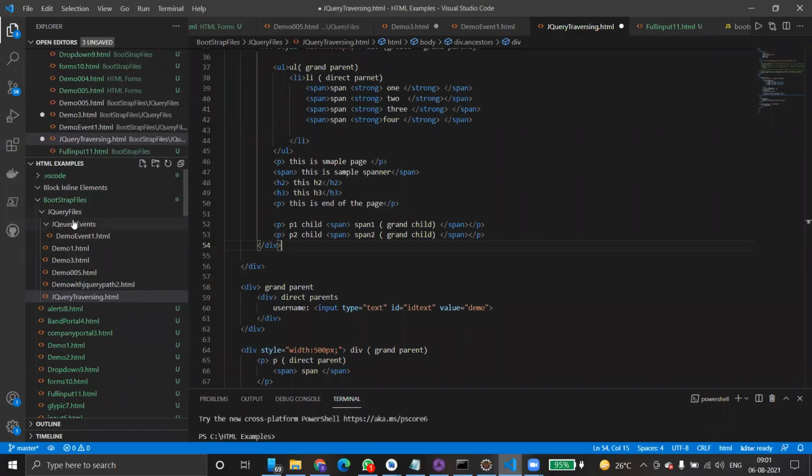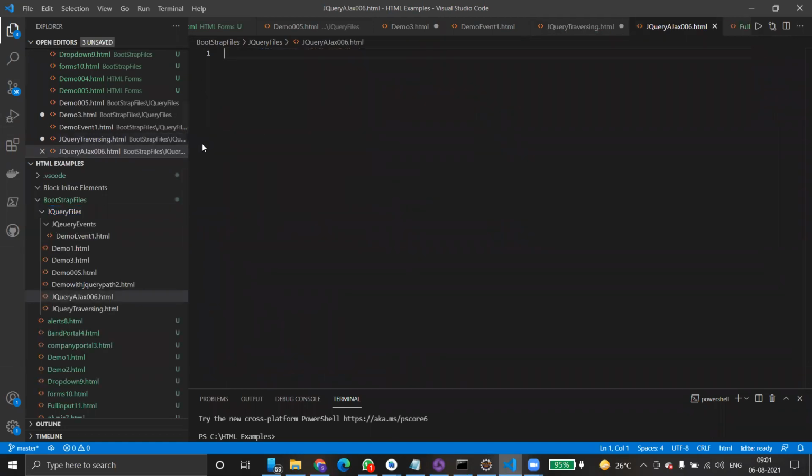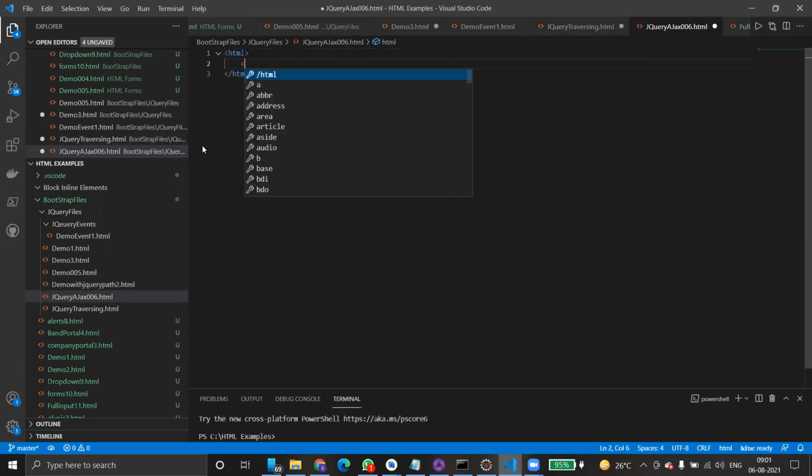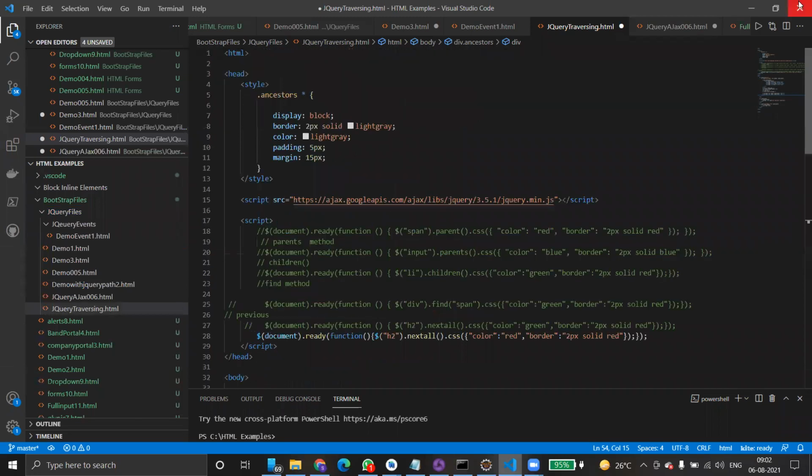Okay, jQuery. Very simple code, I'm just going to write. HTML, inside header, inside script, I'm just adding the jQuery script part.